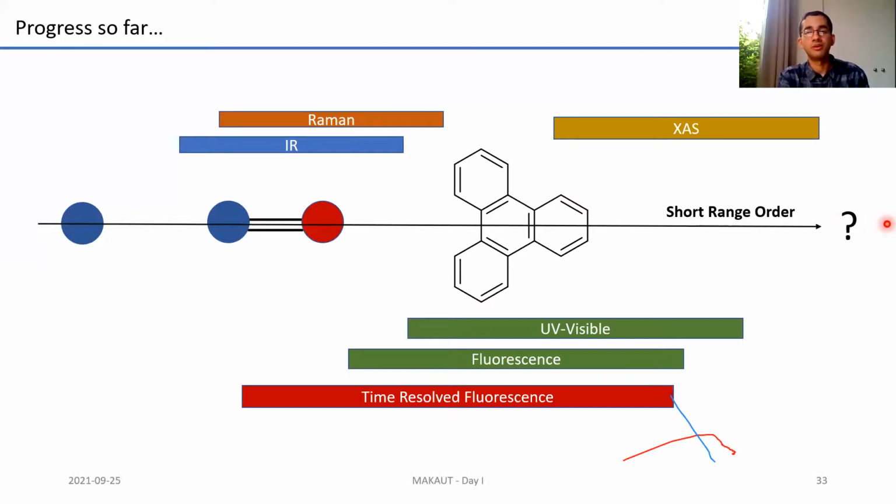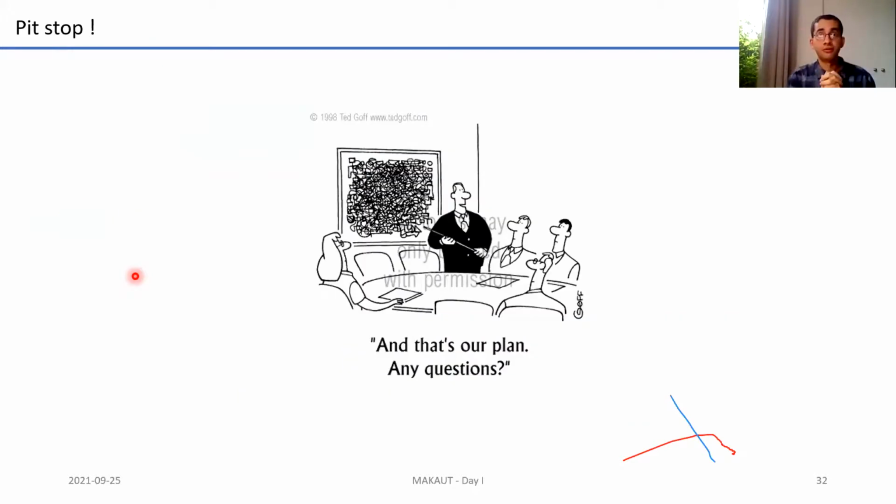As you go further beyond, the next question, which I'll try to address in short bits tomorrow, is to look at long range order using a little bit of crystallography and diffraction, and try to probe something at a much smaller scale. If you want to look at the atom, if you want to look at the proton, what sort of experiment would you like to design? So these are two things that I just wanted to give you a heads up about, that I'll try to talk about tomorrow. And till then, this is the end of today's talk.